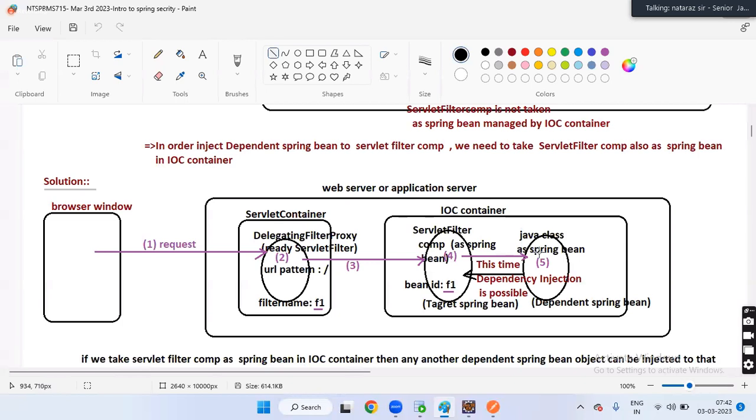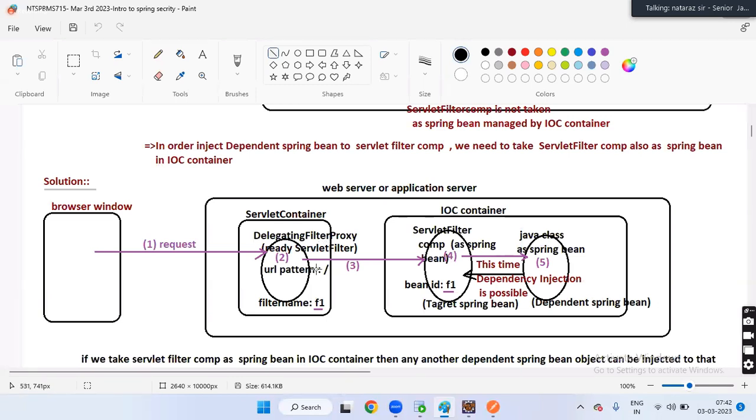But the problem is, if the servlet filter is there in the IOC container, can it take browser-generated requests? No. So who is doing that work?